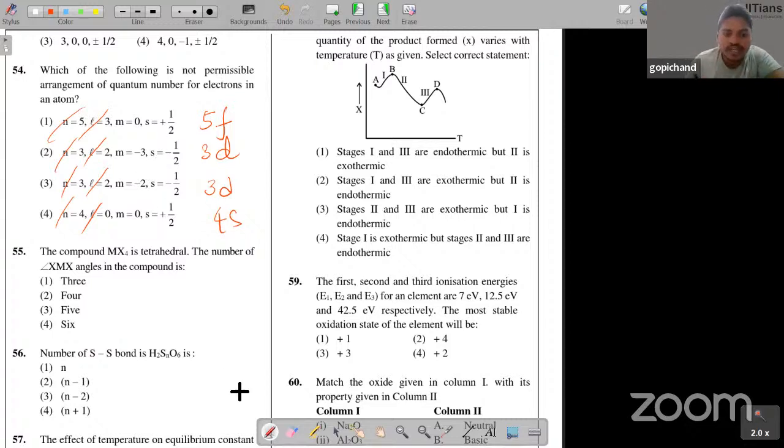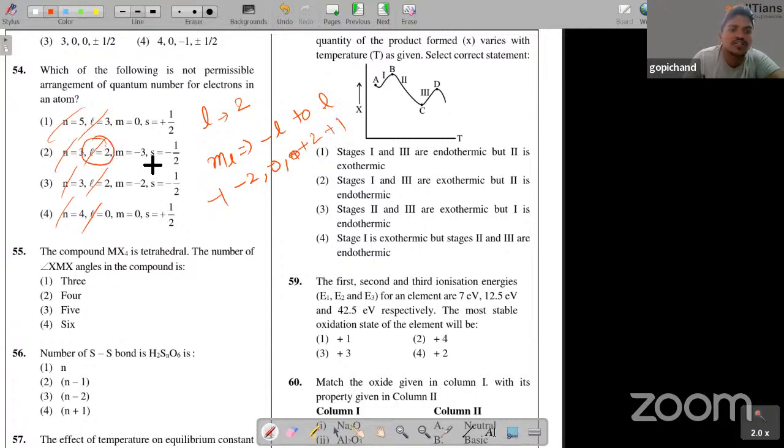Okay, so for every possible l value, our discussion tells that the ml values will reside from minus l to plus l. That means if l is equal to 2, this will become minus 2, 0, plus 2, and minus 1 is also there, plus 1 is also there, but they have given for l value 2 the ml as minus 3. So definitely option 2 is not possible. They are asking for the not permissible arrangement of quantum numbers, so option 2 is not possible, so that is our answer. Cool. Yes. So then question number 55, the compound